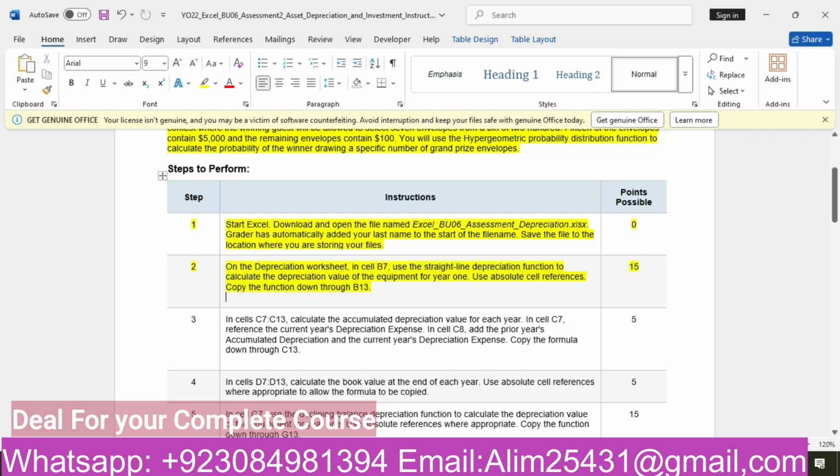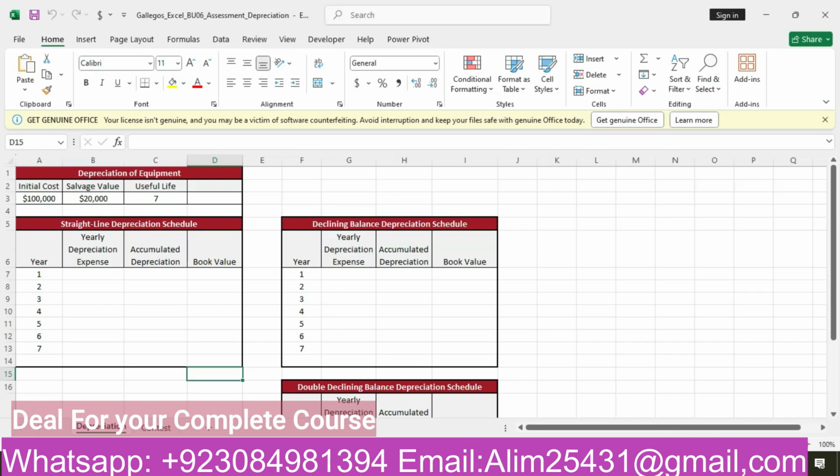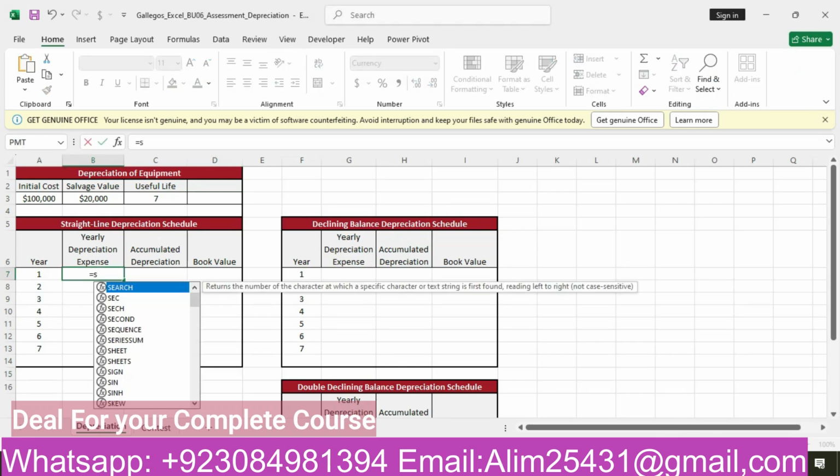In our second step, what is he asking? On the depreciation worksheet, in the cell B7, use the straight line depreciation function to calculate the depreciation value of the equipment for 1 year. Use absolute cell references. Copy the function through the cell B13. So we will go to the cell B7. Here we will use straight line